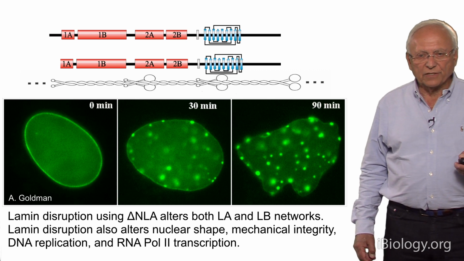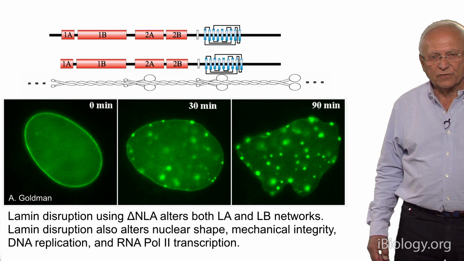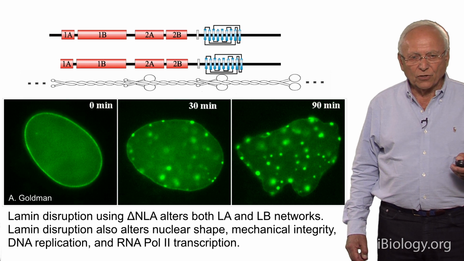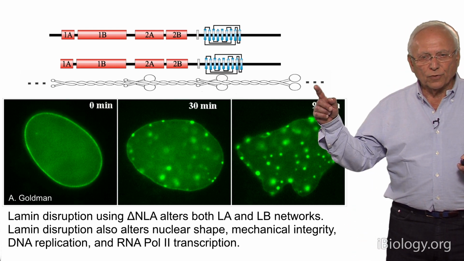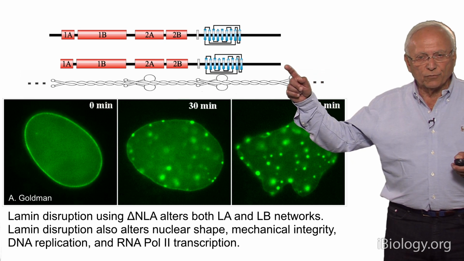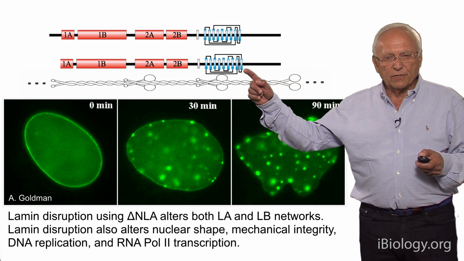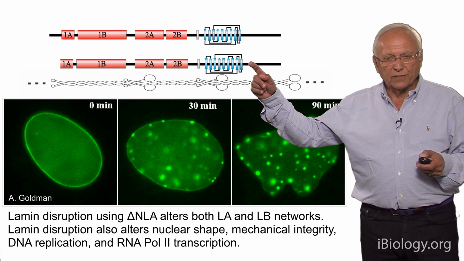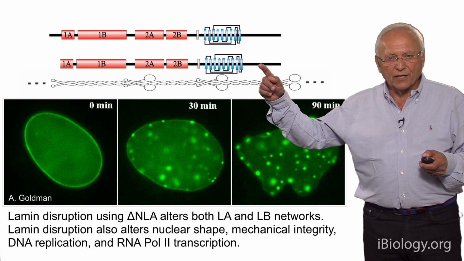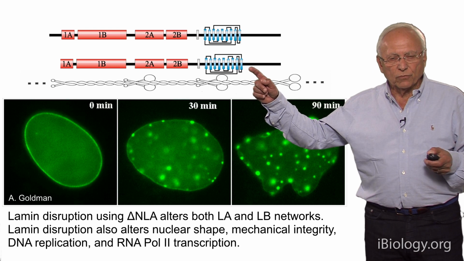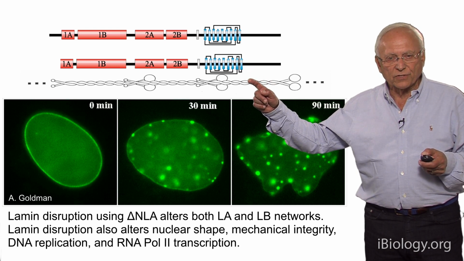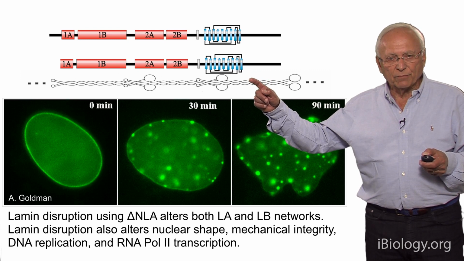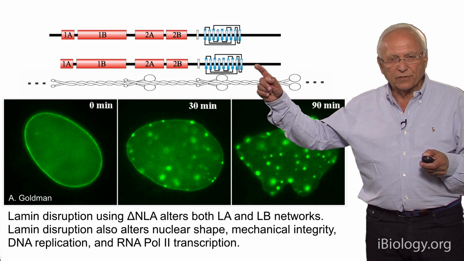I want to give you a few pieces of experimental evidence that at least some of the things I told you are correct. If you design a dominant negative mutant of lamins, as we did quite a few years ago, by removing the head domain, you can see in this second diagram that we've removed the N-terminus of lamin, and this interferes in some way with lamin assembly, because if you take this protein, express it in bacteria,